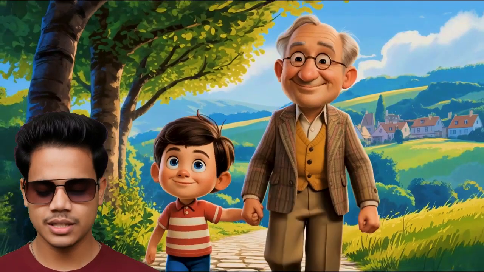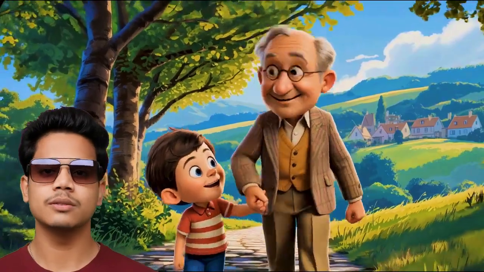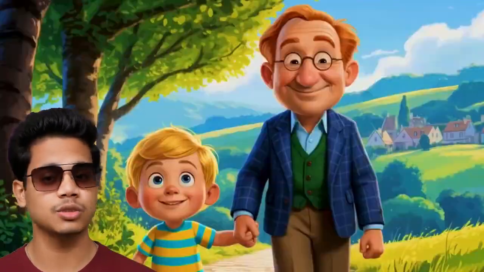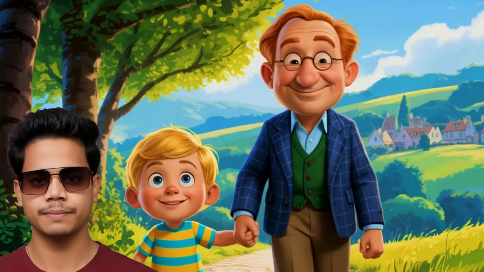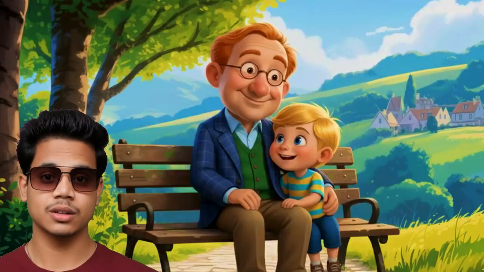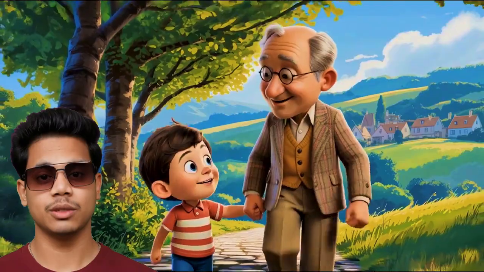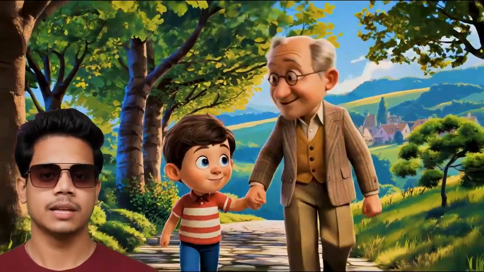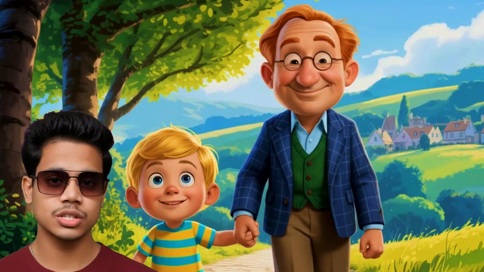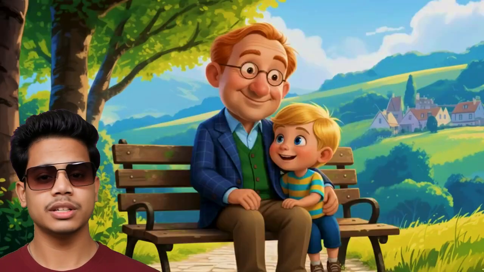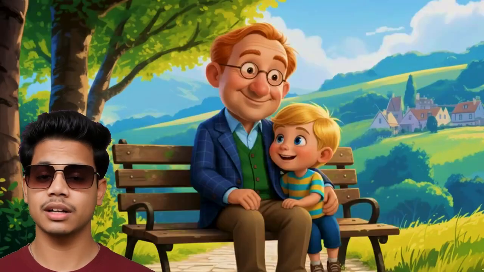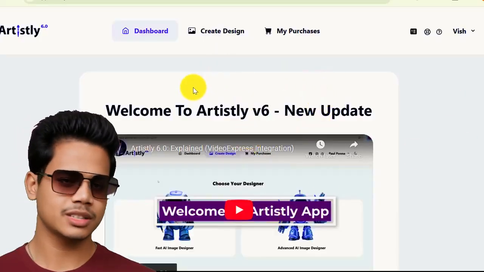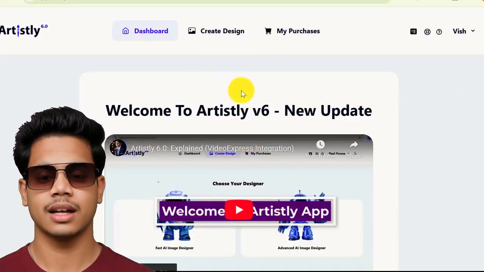Let's find out. First up, I want to introduce you to a tool that will fundamentally revolutionize the way you create narratives. This is the new multi-character storybook agent. For a long time, the biggest frustration for authors and illustrators using AI has been consistency. You create a character you love, but in the next image, their hair is a different color, their clothes have changed, or they look like a completely different person. It was a constant battle of rerolling and prompt engineering. Those days are over. The process is now unbelievably simple. Let me show you how.